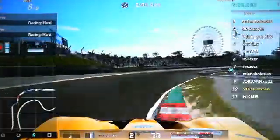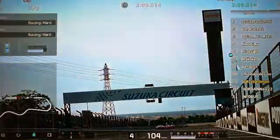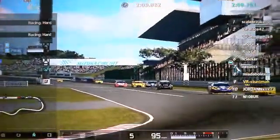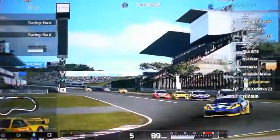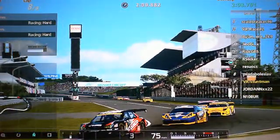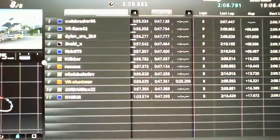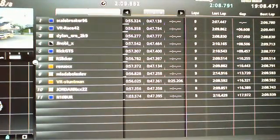to 8th. So the race winner was Scalebreaker. This is race 42 in second. Dylan gets the good third, Ginobili 4th, Rick 5th, then Slicker 6th, Scouser 7th, Malada 8th, Stunt 9th, Jordan and N10. So we'll have a quick look at the live timings, and well, that's pretty depressing reading for everybody but